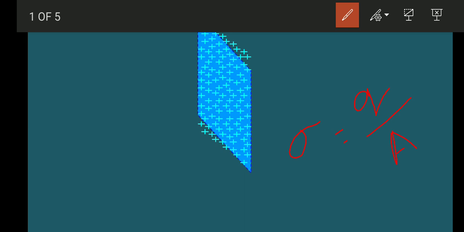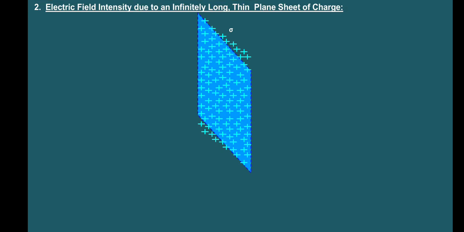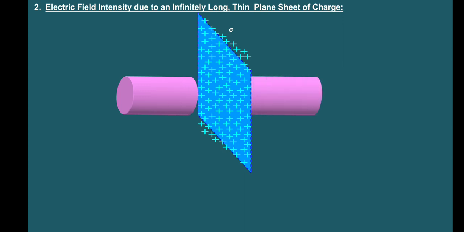In the previous class we discussed linear charge density, that is lambda is equal to Q by l. Charge per unit length is called linear charge density. Charge per unit area is called surface charge density. So consider this plane sheet has a surface charge density sigma, and I'm going to consider a small area on either side of the sheet.